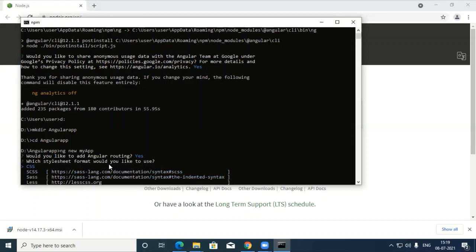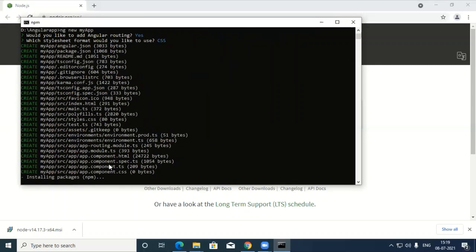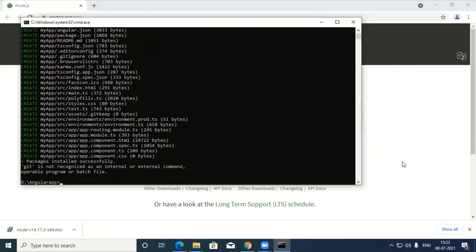Right now we'll be choosing only CSS and simply press enter, and let's see how your folder and internal files are created automatically. Yes, so our app is ready to build.